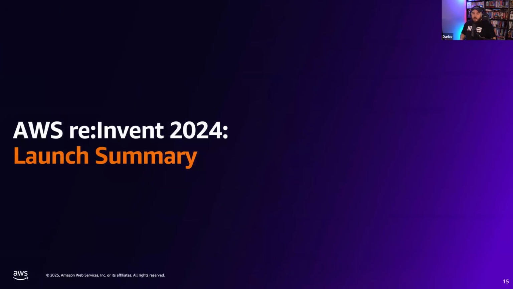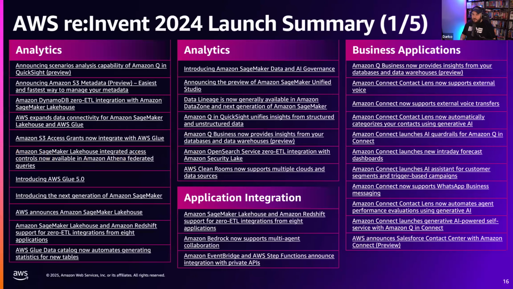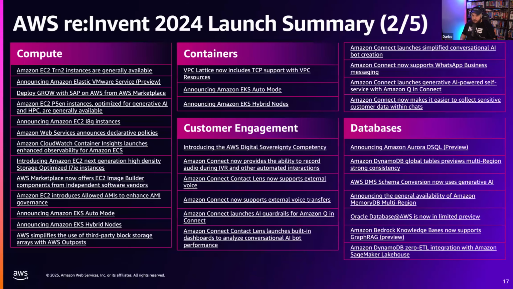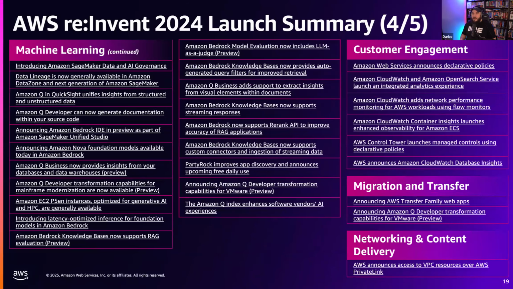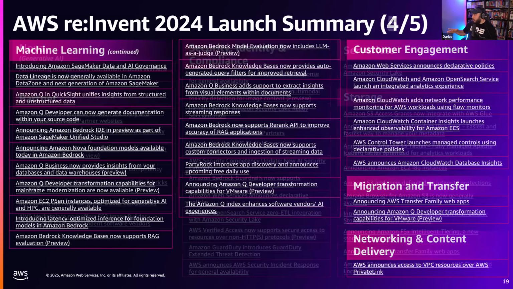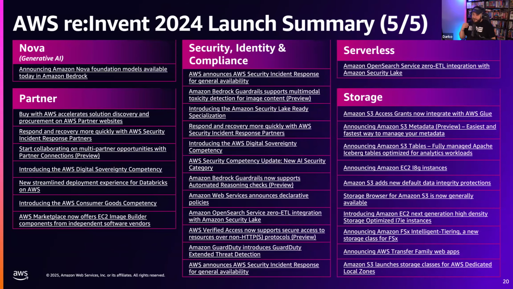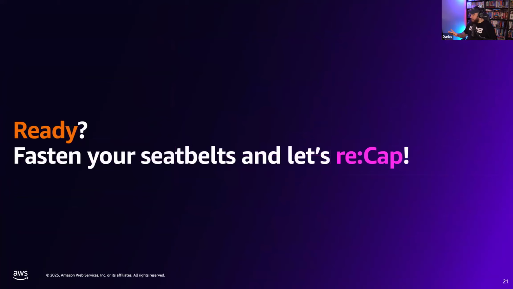Okay, so what was announced this year? The next couple of slides are gonna contain the announcements and the links to those announcements just from reInvent. A lot. Again, this is all going to be available for you folks after this event. I'm gonna give you a link where you can access these things. So all of these things were launched, and that's a lot. There may be a lot of stuff that you don't really care about, but we're gonna go through a couple of them. So let's get started. Ready? Yeah, good. Let's go.